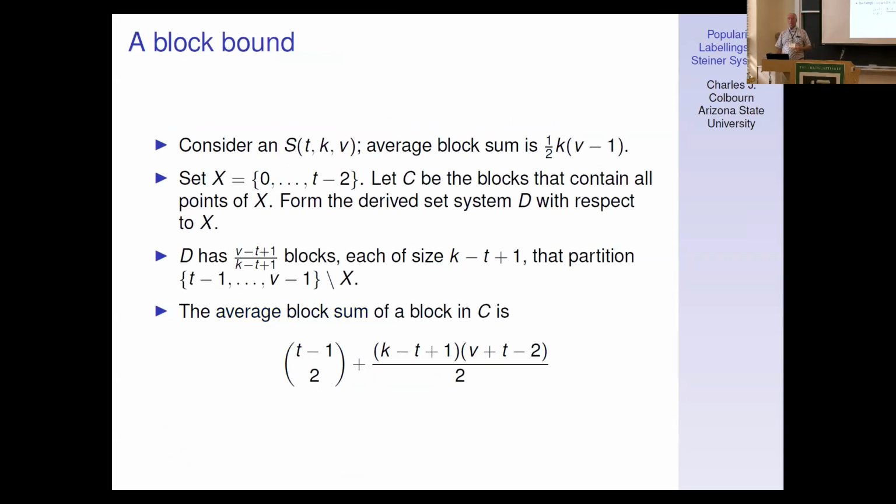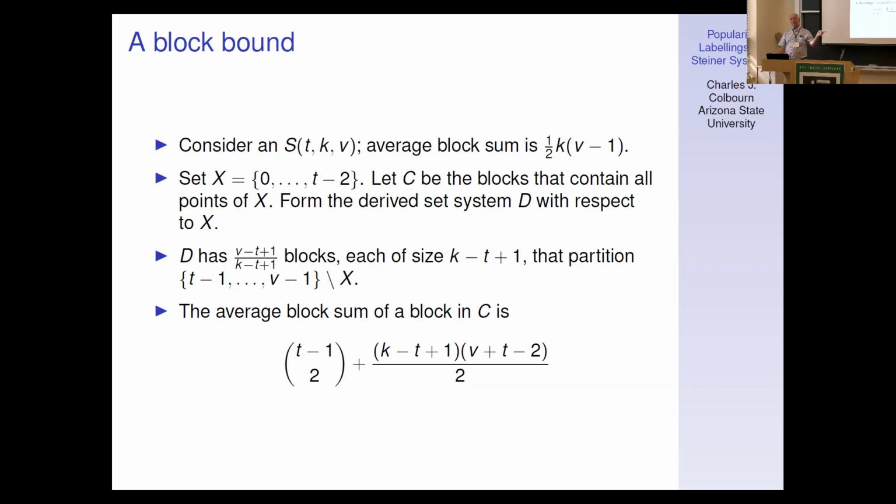So for points, those bounds I just gave you are going to be pretty useful, but for blocks, what we're going to find is that actually there are better bounds that are going to rule out the possibility of getting perfect balance. So let's take a Steiner system, an S(t,k,v) Steiner system. We know what its average block sum is. So let's